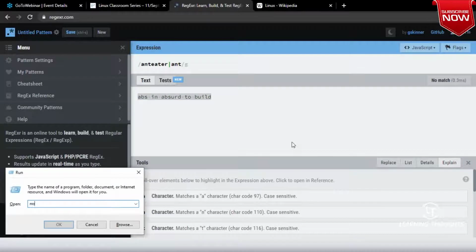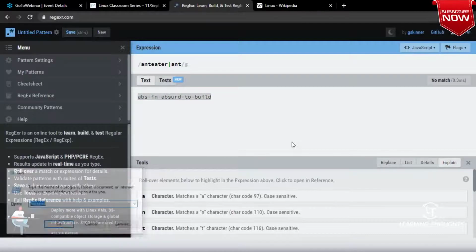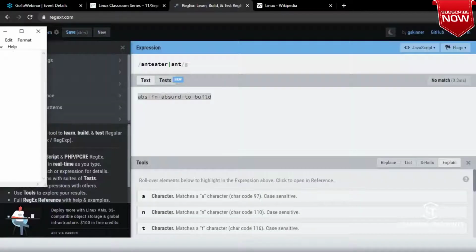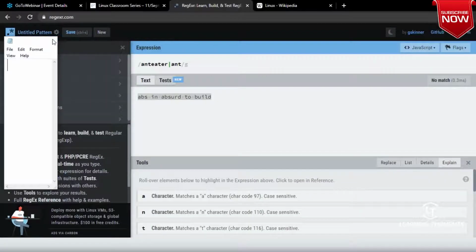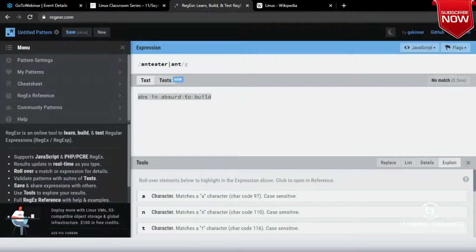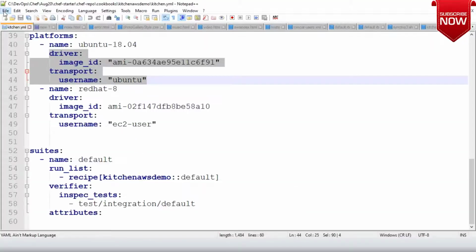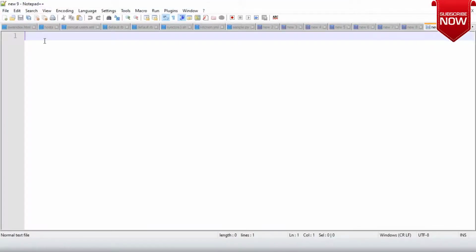Let me write this statement in Notepad. Or where is Notepad plus plus? Now let me come up with my regular expression, which is ant eater, and then ant.